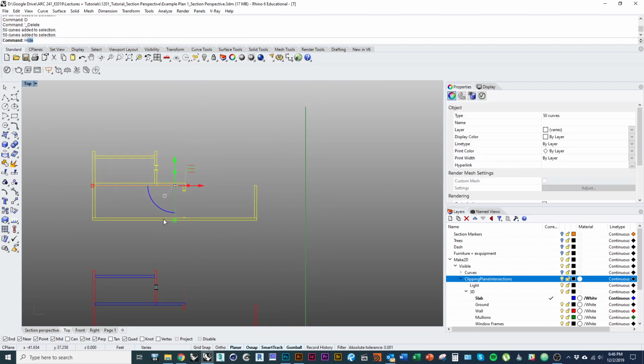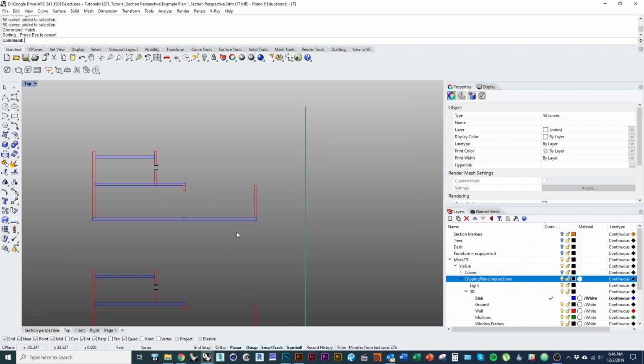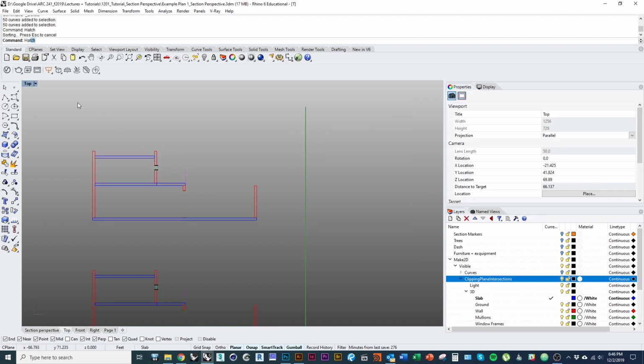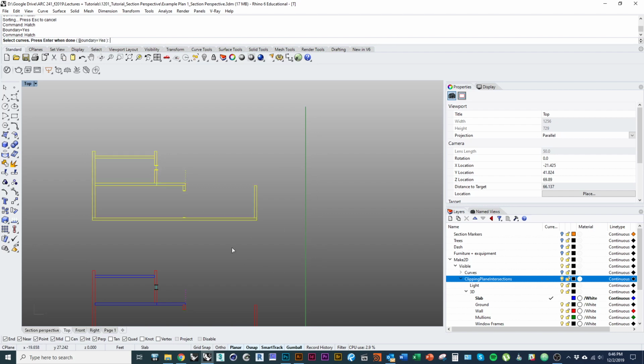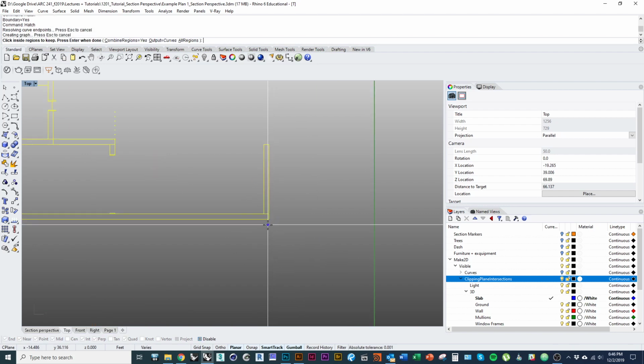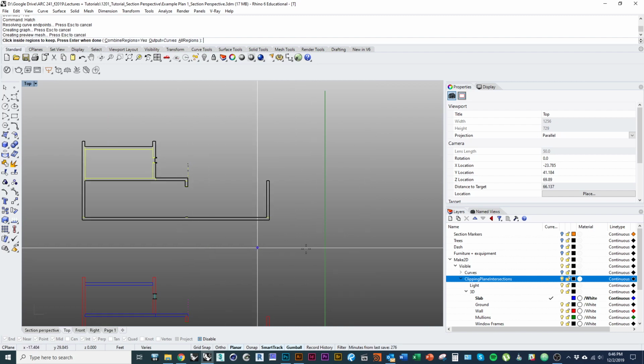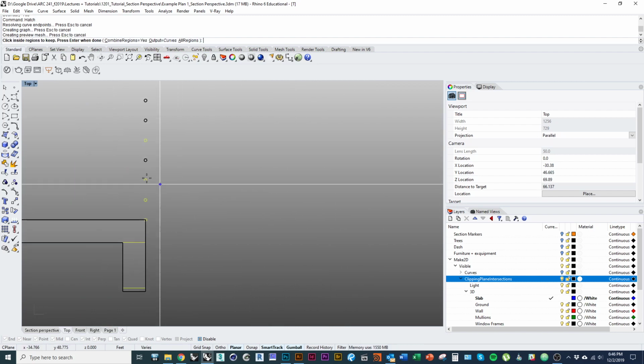If we hatch this, use the command Hatch without anything selected. If I set that option Boundary to yes, and then press enter, select the curves, press enter, and then click somewhere outside,